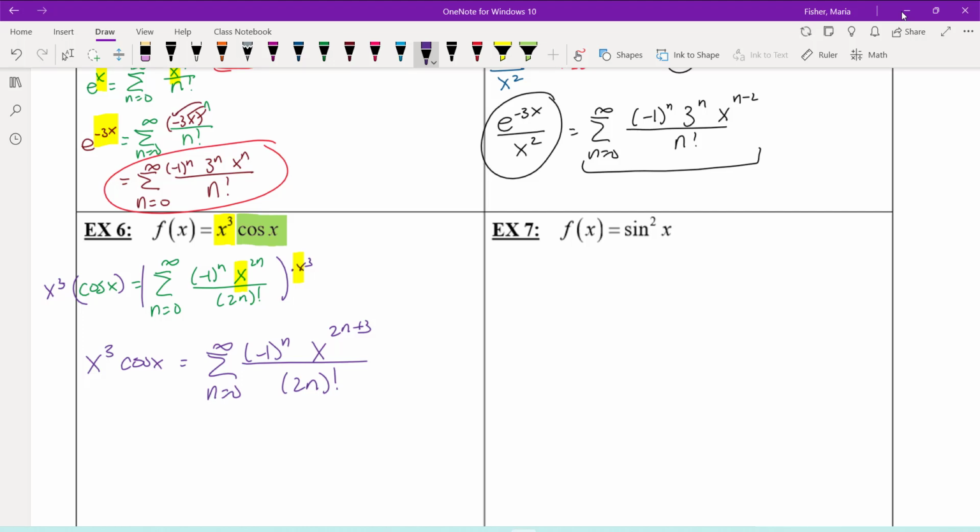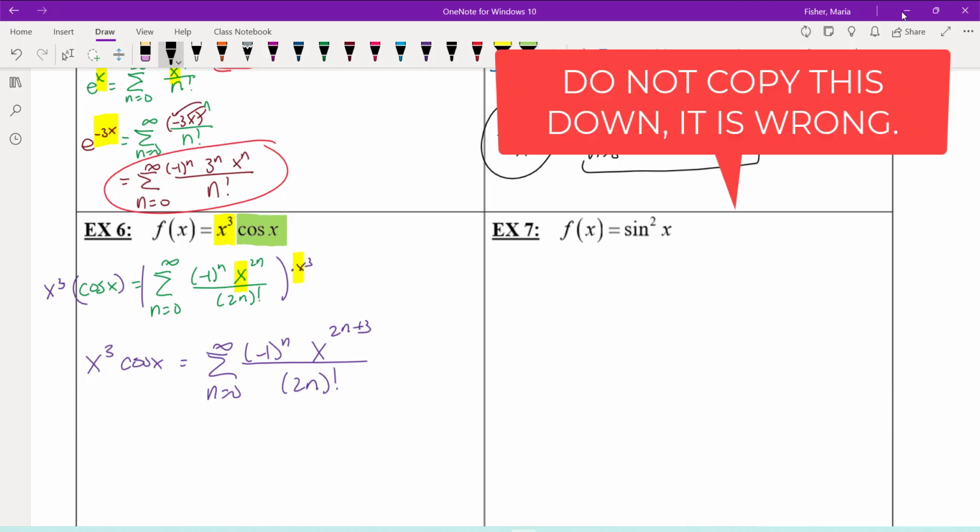f of x equals sine squared x. Now sometimes, and I'm going to do something that's wrong, some students want to say, oh, well, that's easy. This is just the sine of x times the sine of x. And they think they can look up and say, well, the sine of x, and again, all this is wrong, and I'm going to erase it, so please don't copy it down, is equal to the sum from n equals 0 to infinity of negative 1 to the n times x to the 2n plus 1